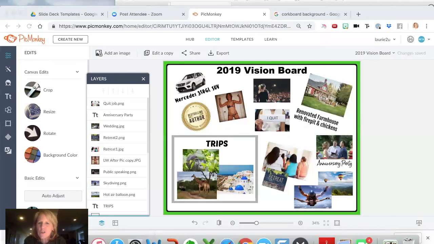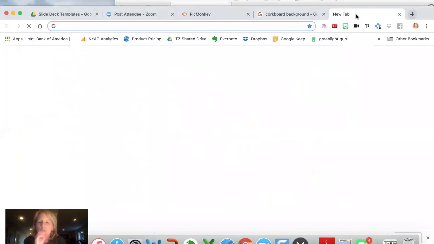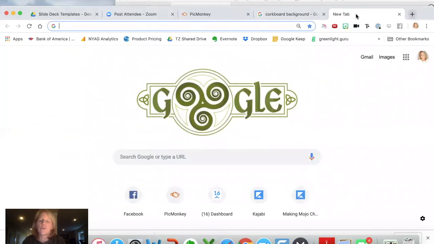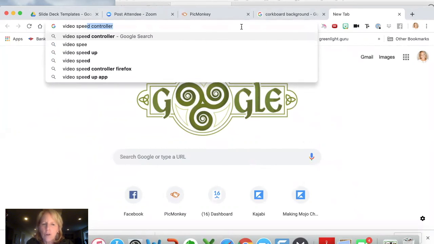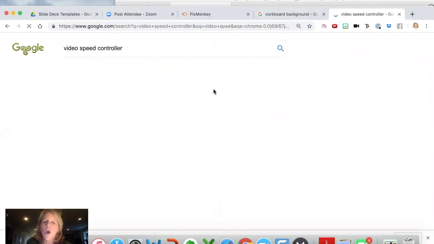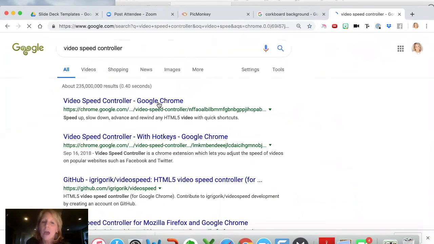Let me share my screen. Let me show you it. So this Chrome extension is called Video Speed Controller. If you aren't familiar with how to do a Chrome extension, you have to be using Chrome.